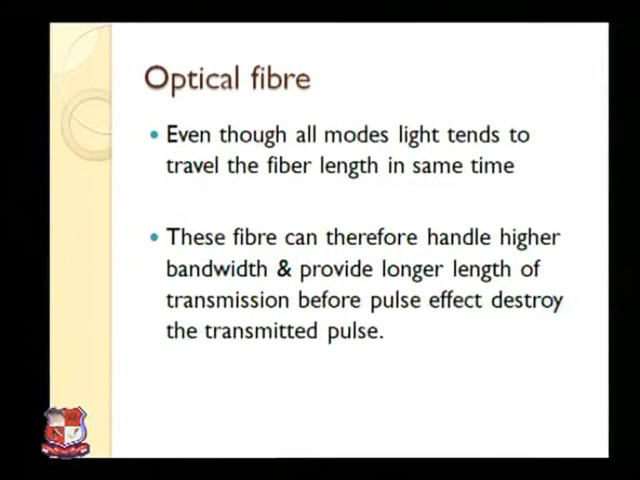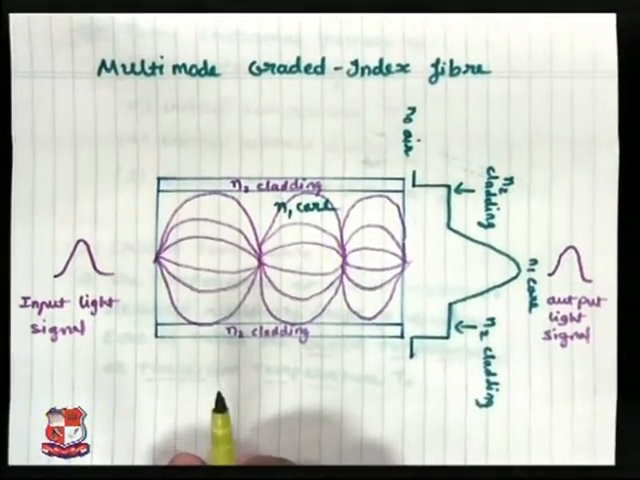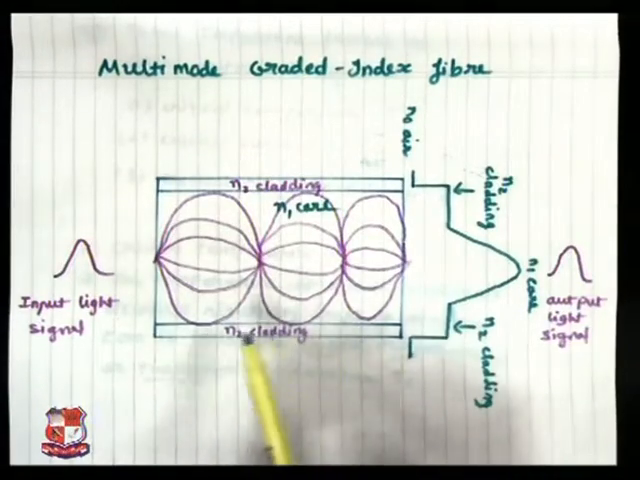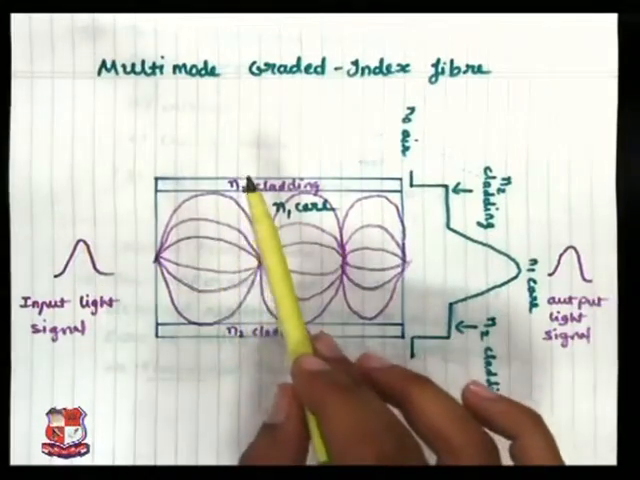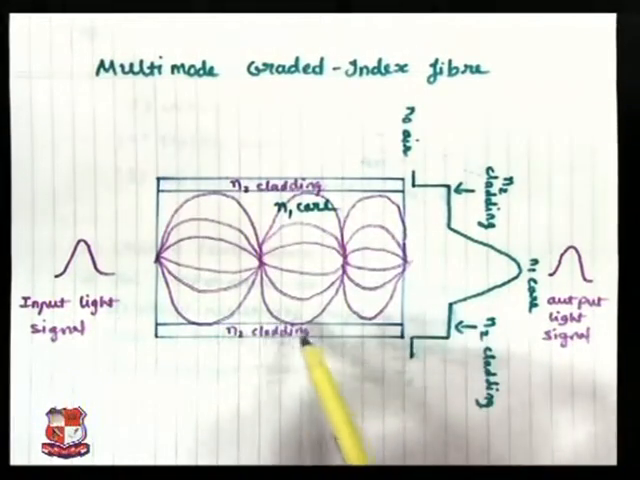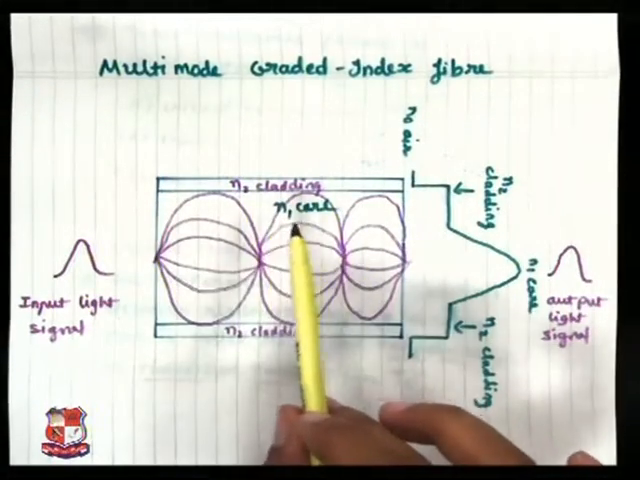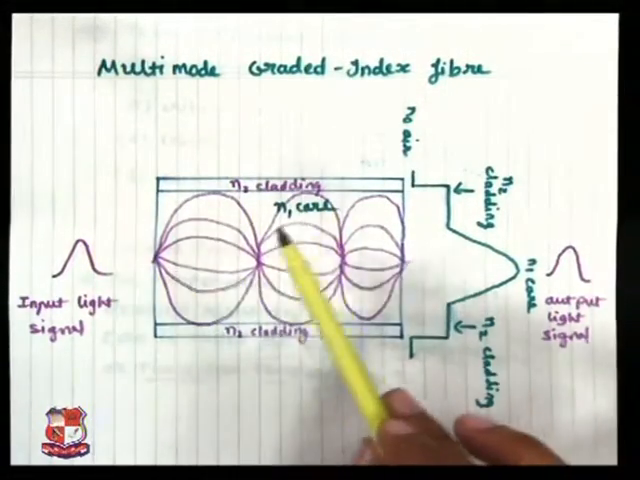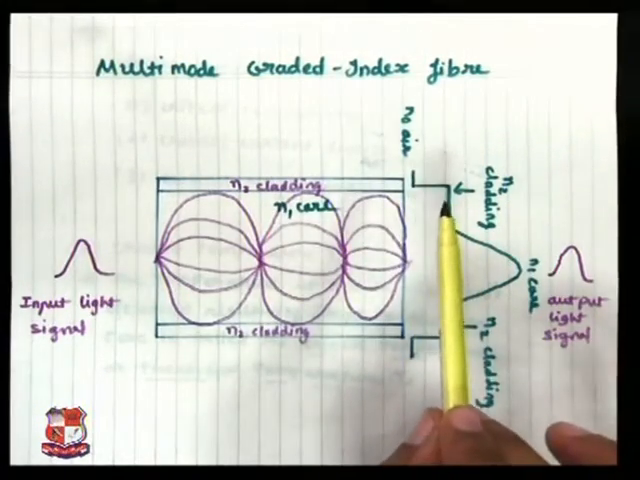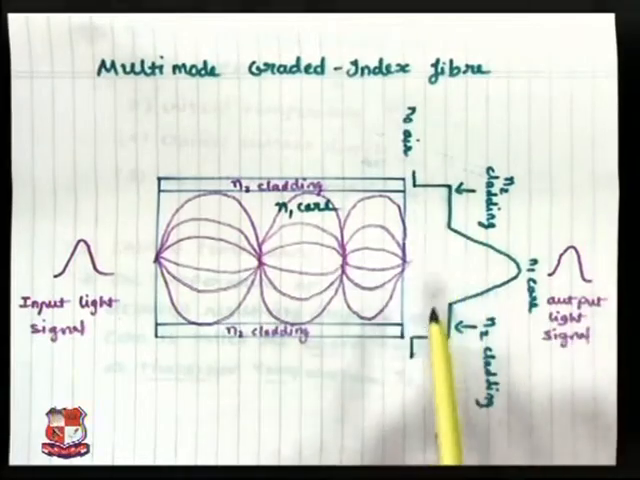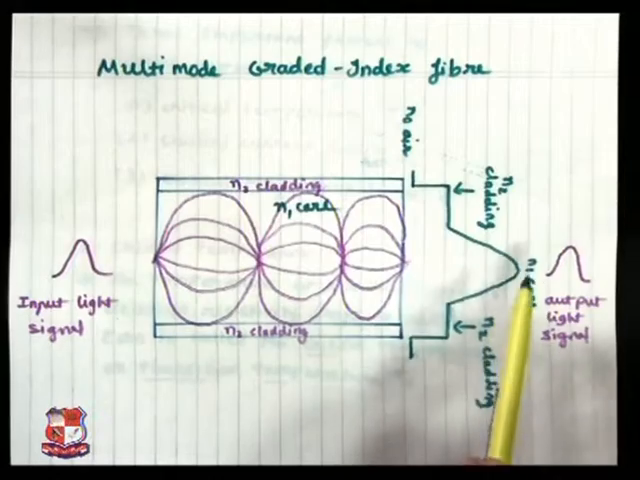You can see that in projection, multi-mode graded index fiber. Here also it is the material. You can see that N2 is the cladding. Here eta 2 represents the refractive index of cladding. In the center portion, eta 1 represents the core. Here this diagram represents that this portion represents the cladding portion, and in the center portion, you can see this hilly region, green